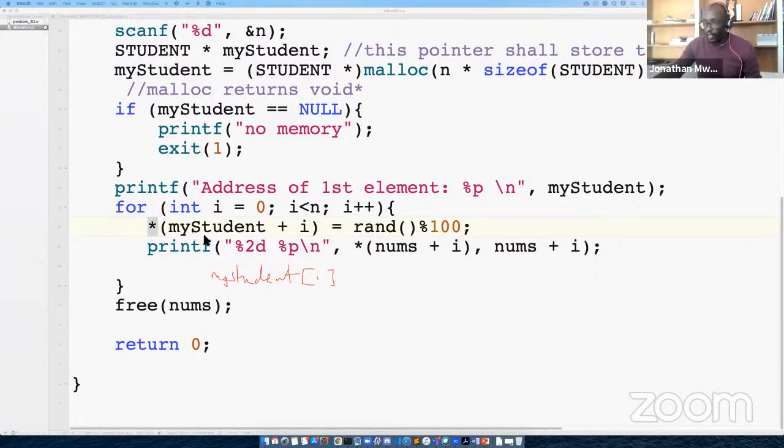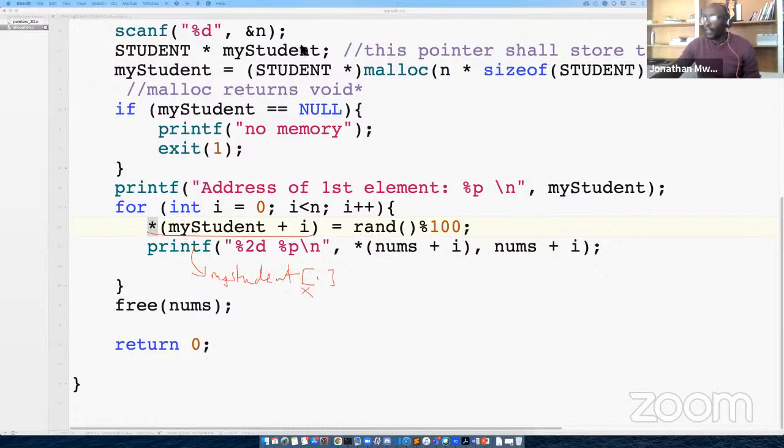Remember, this guy we had before is completely equivalent to this. The only thing is that we are trading the square brackets for these asterisks that we have up here. So they are the same.